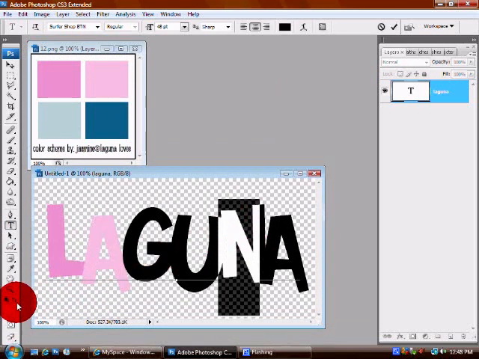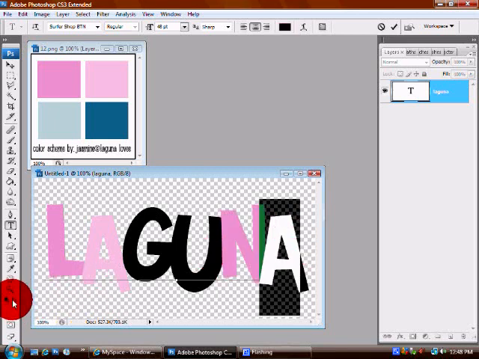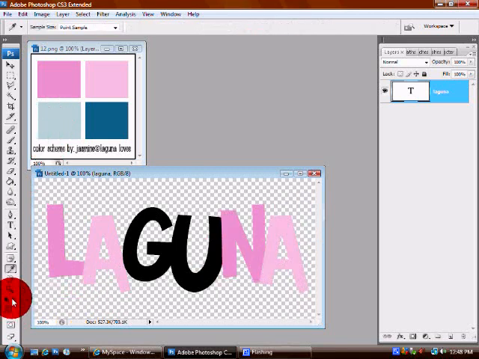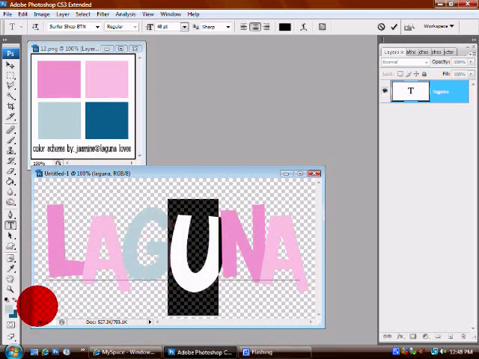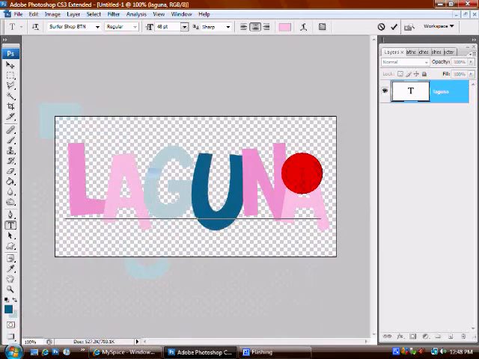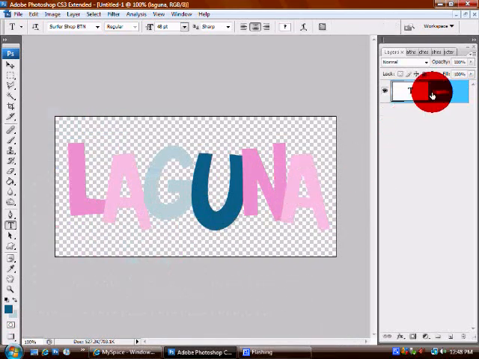Like so. My site's name is Laguna Love, but I'm going to add the love part at the bottom in a sort of cursive font. So if you're wondering why did she only use Laguna, that's why. Anyways, so now that I've got my color scheme added onto my text, I'm going to go